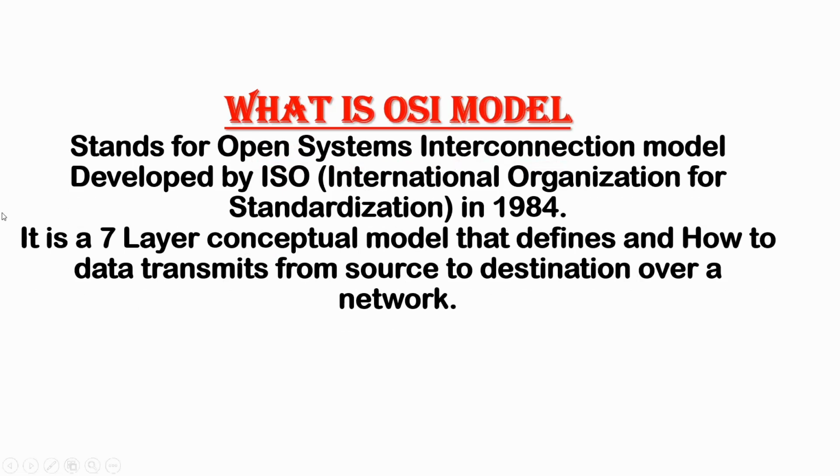If we talk about this OSI model, it is only a seven-layer conceptual model. It is only a concept that defines how data is transmitted from source to destination. Suppose we have two systems connected in a network. When we talk about the process of how data is transmitted from one system to another system,